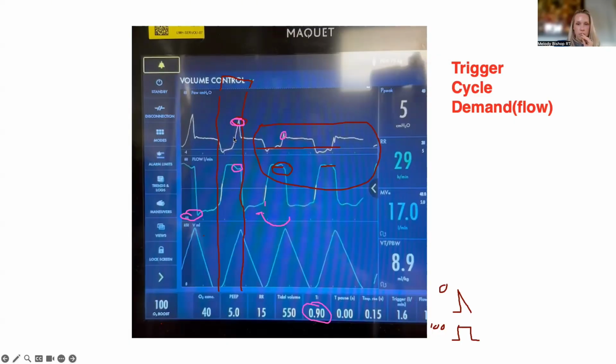I agree. One of the RTs in my fellowship would say he's trying to switch the vent off, like he wants the vent to go into expiration early. So this is certainly a cycling issue. I don't know if I see any trigger issues per se. He might get a trigger issue eventually if he has so much auto-PEEP that he has to overcome all that as well. But there's certainly a super duper large mismatch in the flow and, as you put it, the demand.